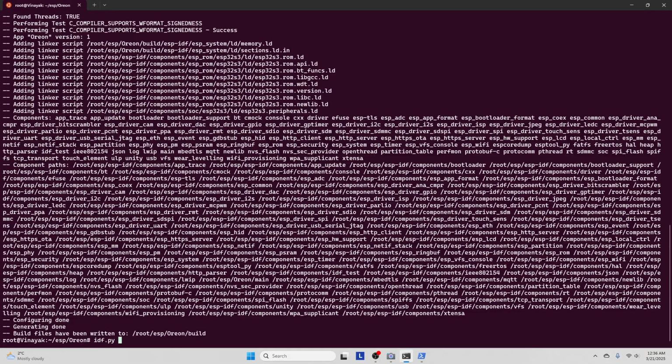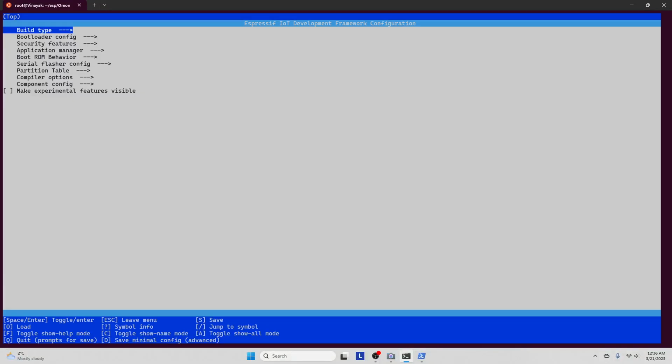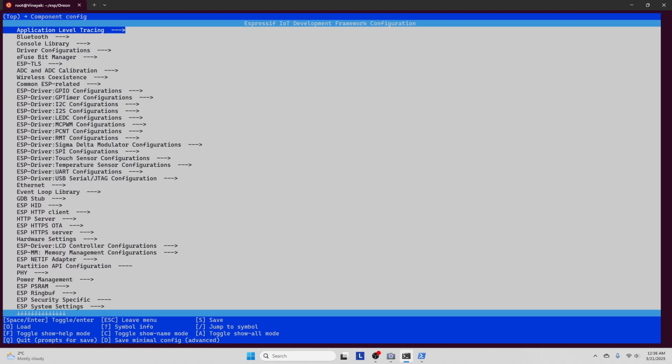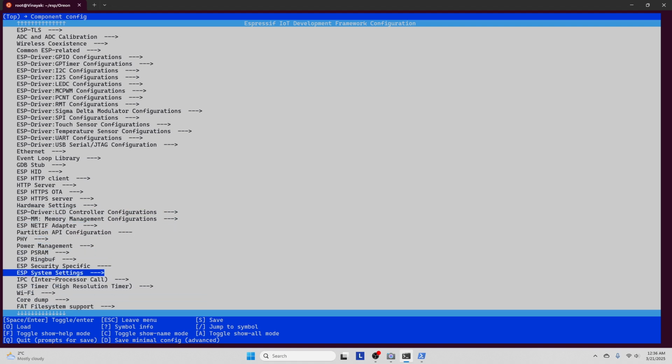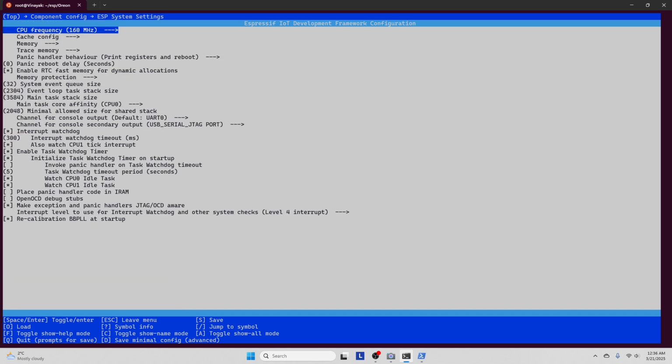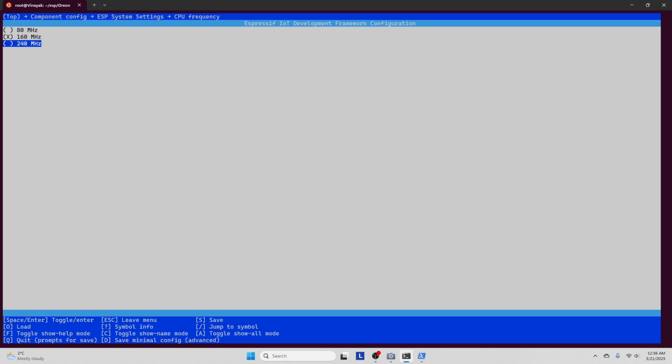Now our next task is we need to set up some of the menu configuration. So idf.py menuconfig. It will open the framework configuration where we have to change some of the things. So first we will go to component config, and in this we need to find where is ESP System Settings. So I can see, I think it is here. We need to press enter, change the clock, it's 240 megahertz,